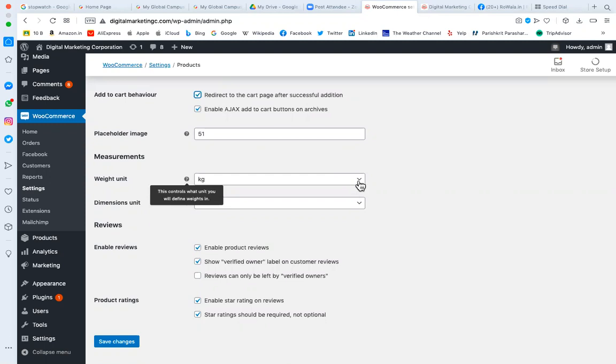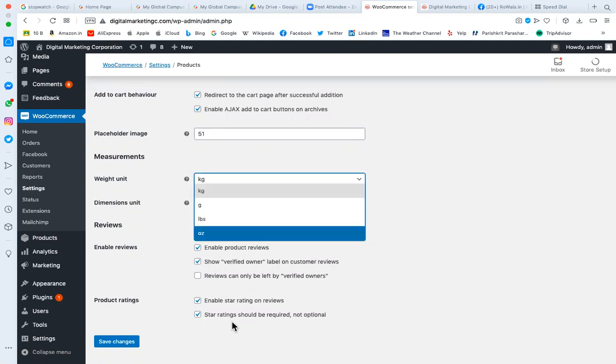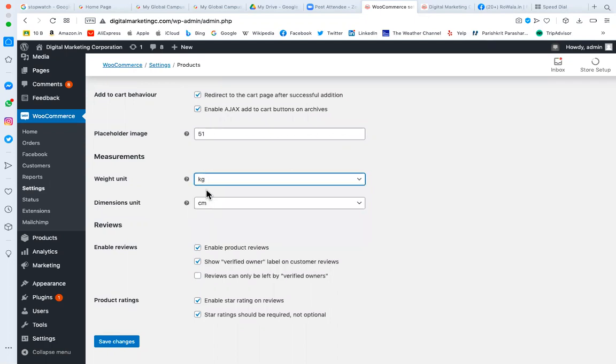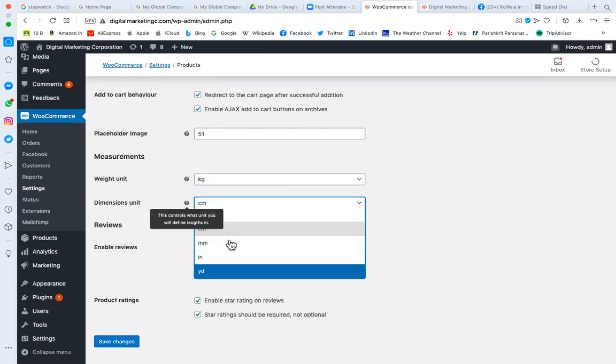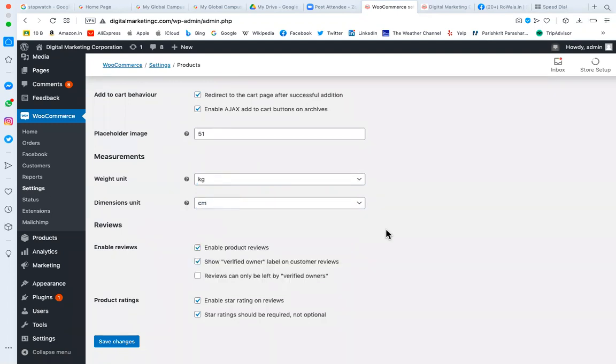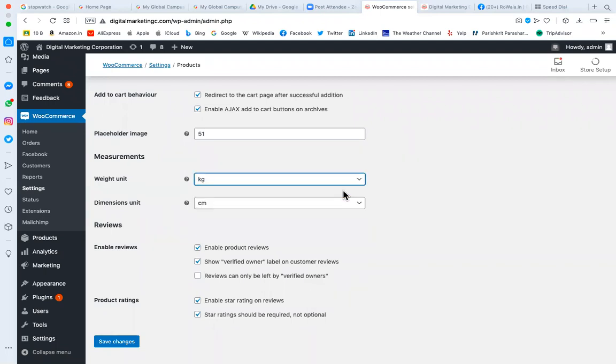So there you want to measure your product in kg or in gram, in weight. If it is gold, you have a different measurement, according to your product you can calculate the weight. If it is weight, you choose the dimension, in which dimension you want to measure. This is person dependent. Gold, I will choose gram. Veda may choose kilogram. Yes, yes. So this is a one-time setting of your store.